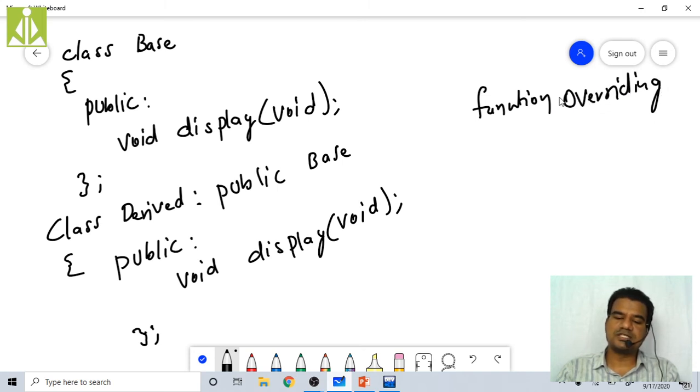If you change anything here, let us suppose instead of void you have int, then it is function overloading between the classes. Strictly, function overloading occurs within the same scope only. Here, as the scope is different, if you create the object of this class, you can call this function, and if you create the object of the other class, you can call this as well as this, based on the number of parameters. That is the reason we say function overloading between the classes. This same example I will code so that you will understand.